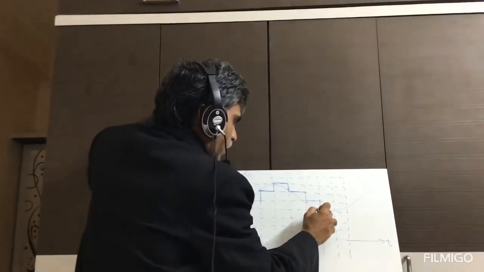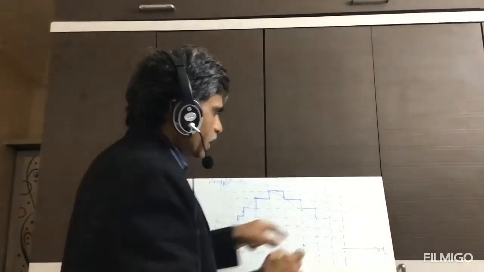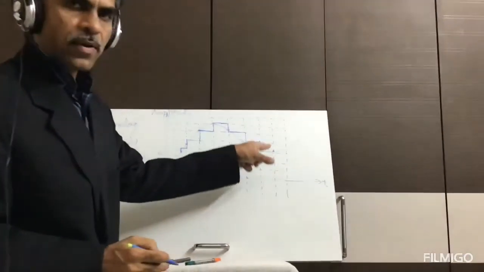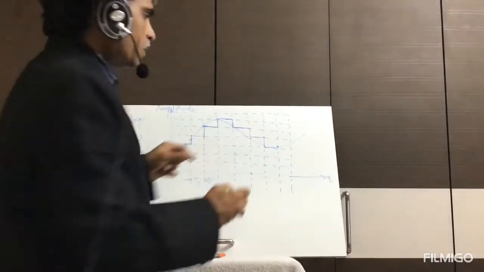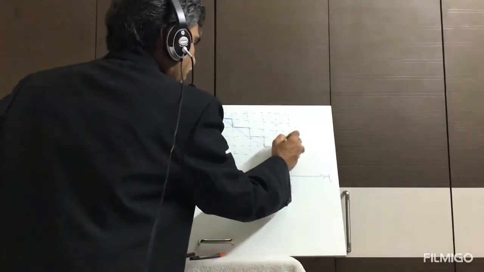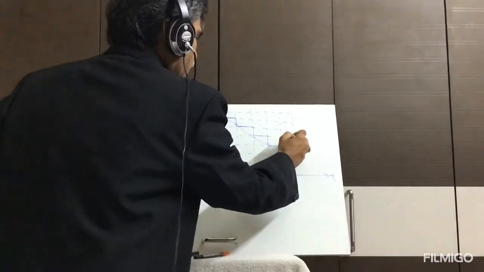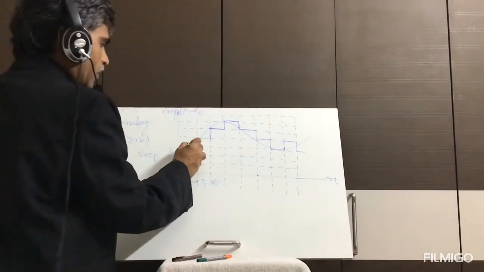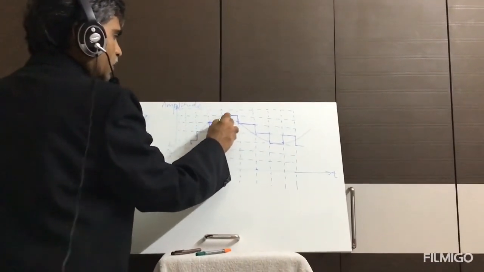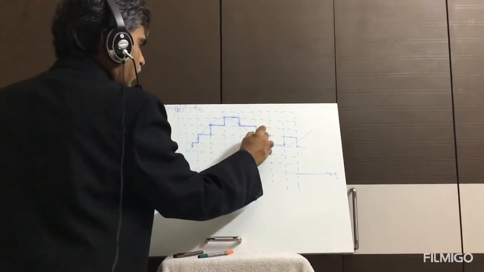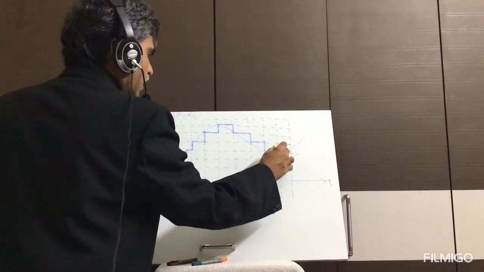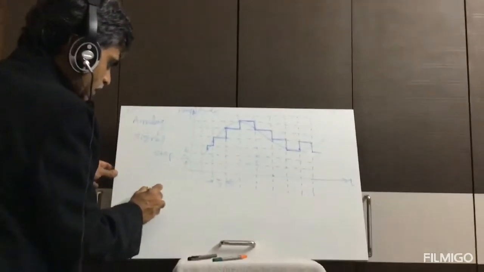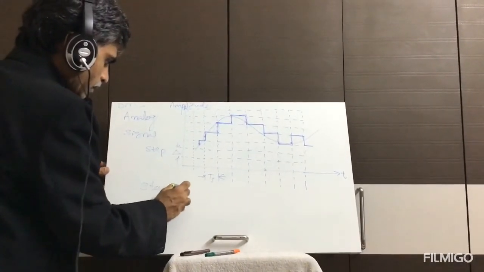the staircase approximated signal comes here, and once it maintains the output here, you find the analog signal amplitude at this instant of time to be more than the previous sample amplitude, therefore it rises and maintains its amplitude here. Like that it goes. So this signal which has been generated looks like a staircase signal, which is also called the staircase approximation of the given analog signal. So what is the output of the delta modulator? It is named as the staircase approximated signal.